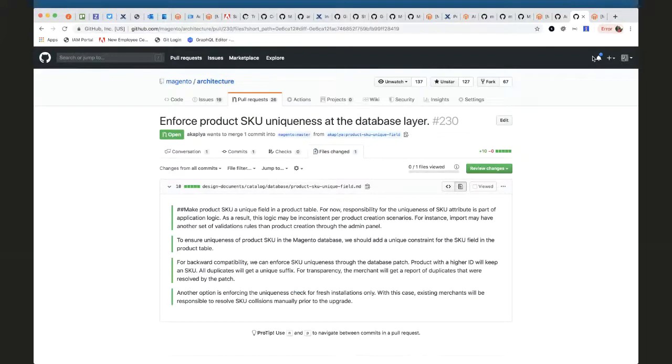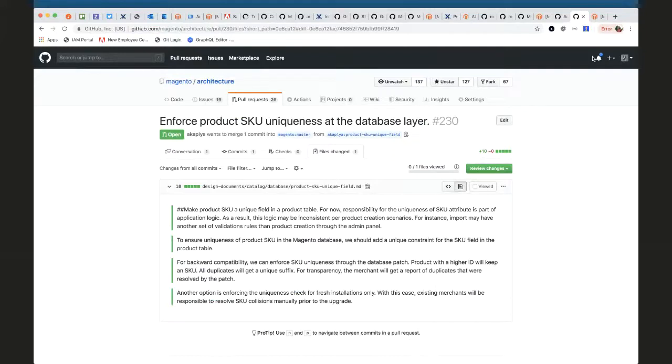So how do you propose to resolve this overlapping? Actually, we have two strategies here. We can upgrade all SKUs and provide merchants with reports: we found this number of duplicates and we resolved them in some way, or you can do something manually with them, because I believe in most cases these are redundant duplicates, and the merchant technically doesn't need such IDs. In the other case, we can do exactly as MSI did. We can set up new Magento installations with a unique key for SKU and keep the regular index for existing ones, and make this upgrade